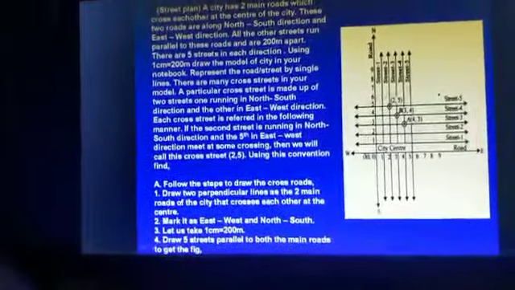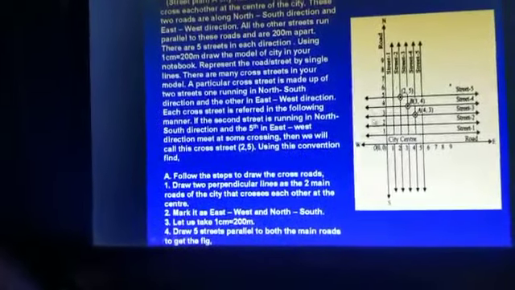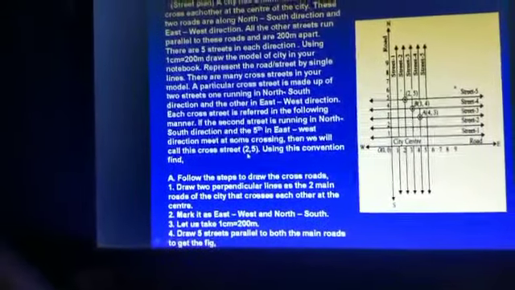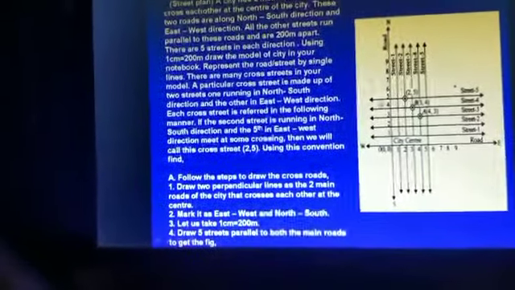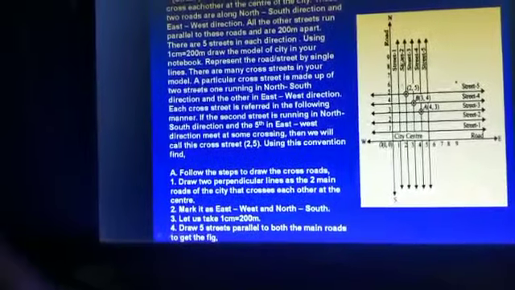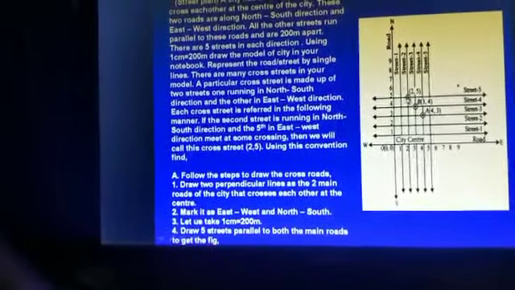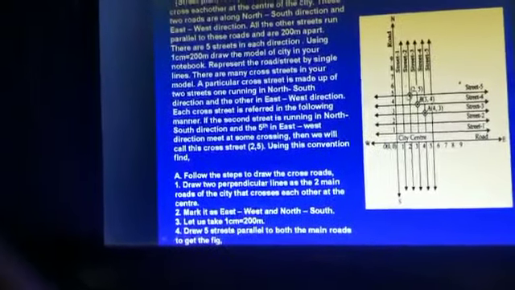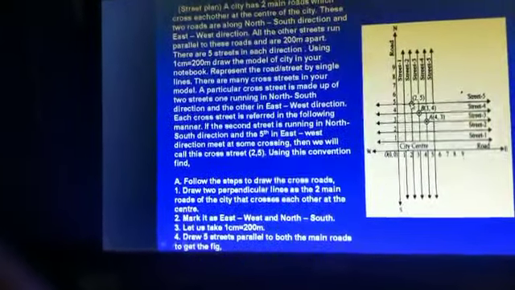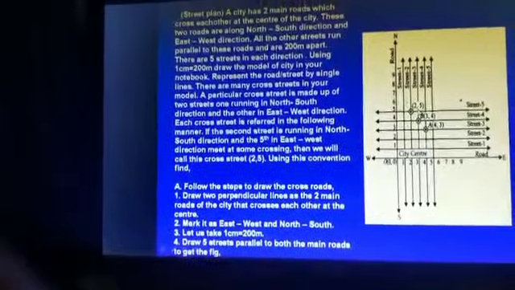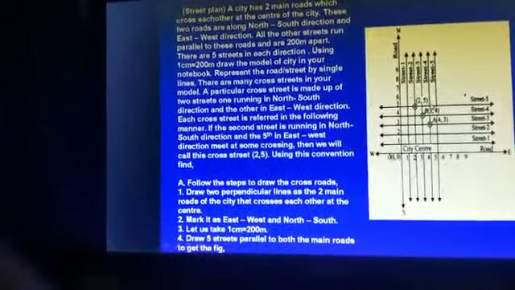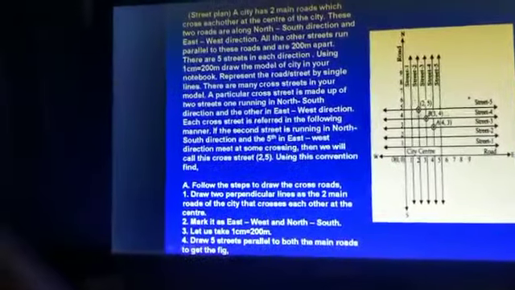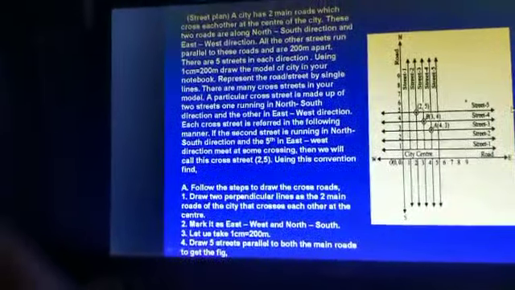So about which cross street are we going to discuss in this? They have given in your question cross street 2 and 5. Okay, let me go for street number 2 and street number 5. Where they are meeting, can you see here? You have to mark that point in the bracket as 2 and 5. This we call an ordered pair. Street 2 is joining with street 5.